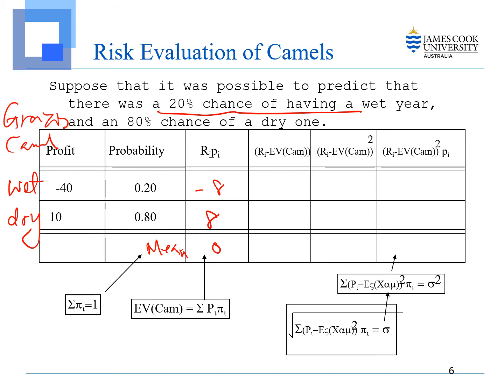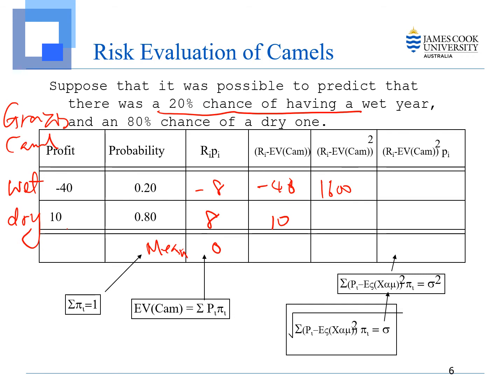Let's calculate the risks. So deviation from its mean. The first possible realization is negative 40 million from 0, so it's negative 40. And the second one, 10 minus 0, so we get 10. Okay, square them, so $1,600 million square,